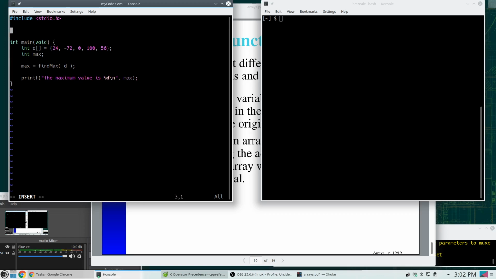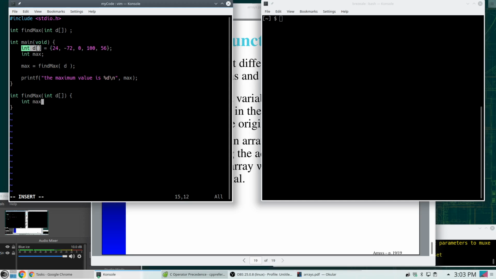So up here in my code, I do this. I return an int. And we'll say find max. And what we're giving it is a one-dimensional array. So what I put here should match this. Or at least that's one way of doing it. Let's put it that way. int D square bracket. Now we write the function. Add the curly brackets. Int